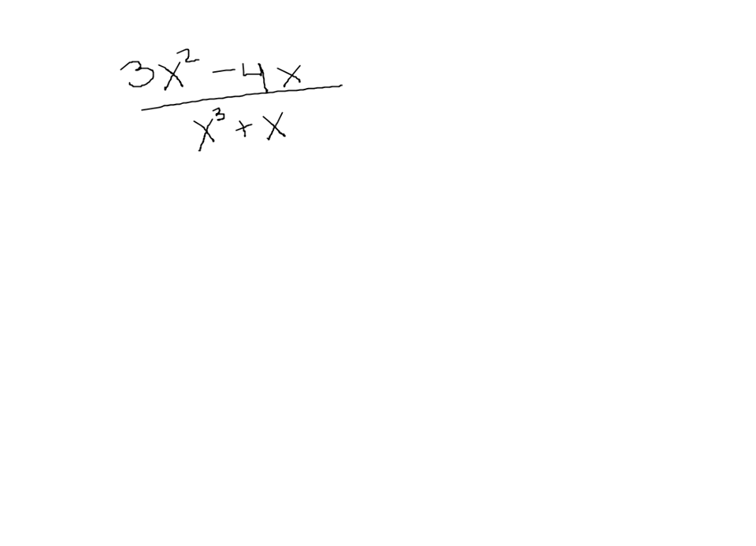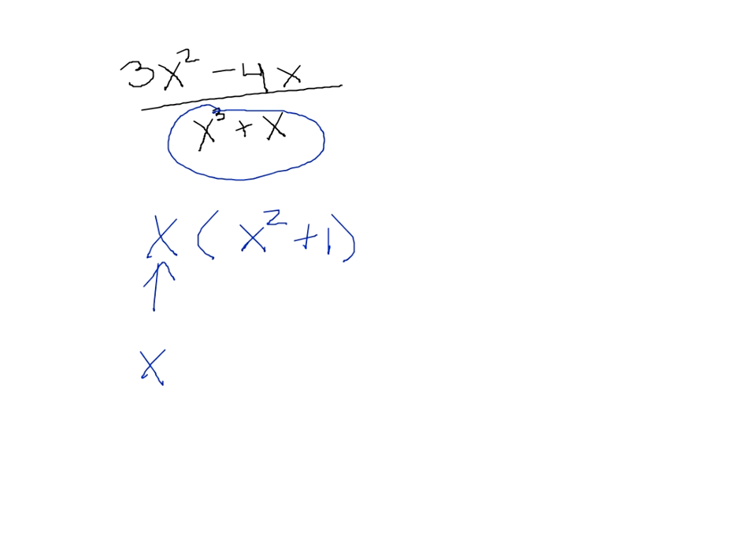Okay, here's another one. So we start off by finding out what values make the denominator 0. So I can factor out an x, and I get x squared plus 1. Now the only problem I have is when x equals 0. Over here, when I look at x squared plus 1,